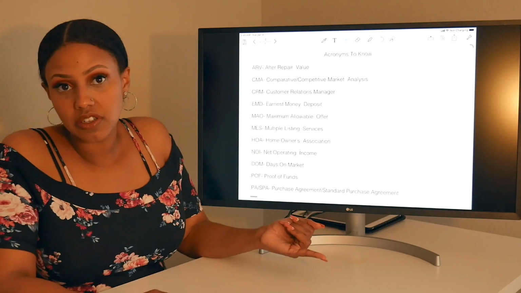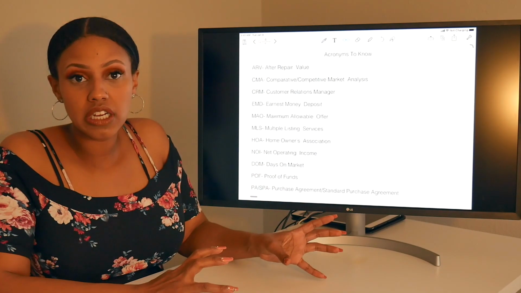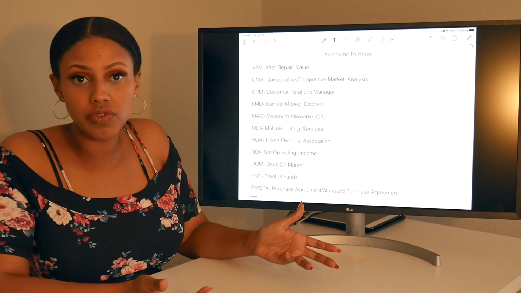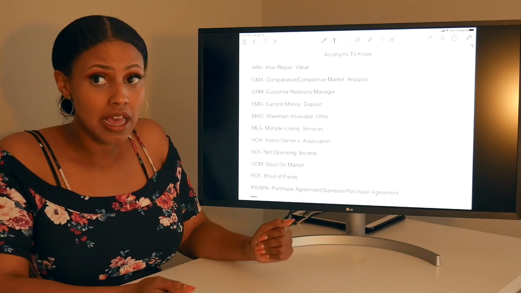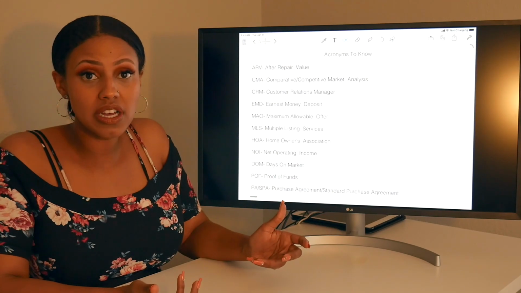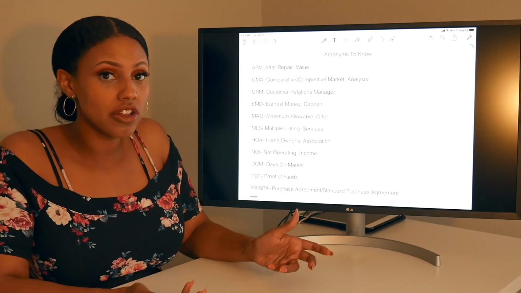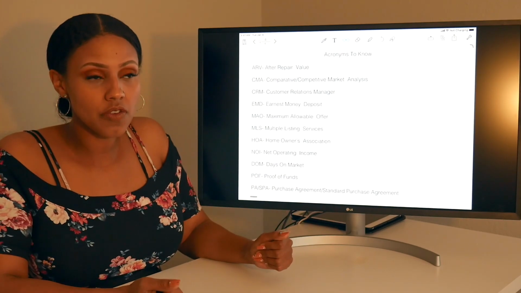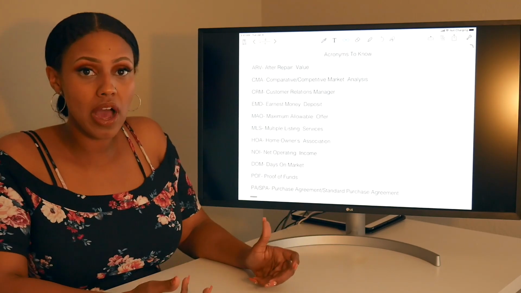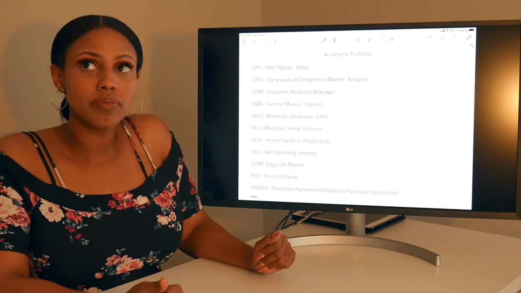POF is proof of funds. So when you get a deal under contract, the seller may ask you for proof of funds. I have had maybe 2 people ever ask me, and they were investors, so they knew what it was. If it's a regular homeowner, regular landlord, normally they won't even know. But if they do ask you for proof of funds and you don't have a bank account with a lot of money, there's a website called